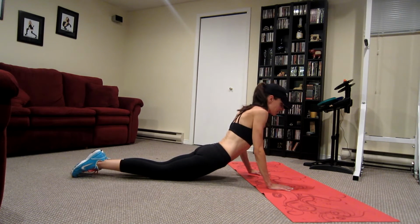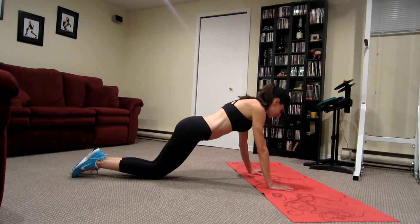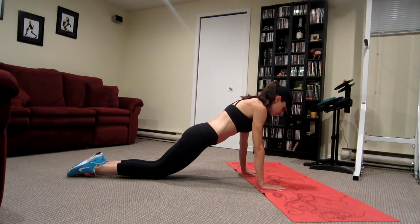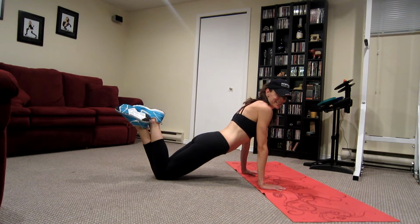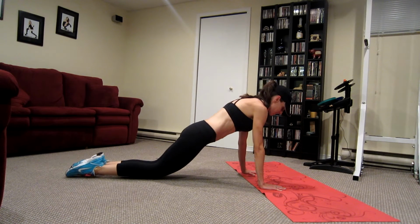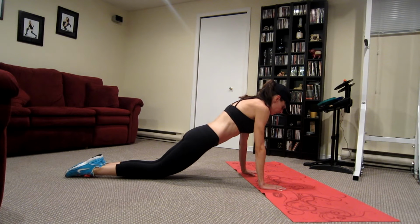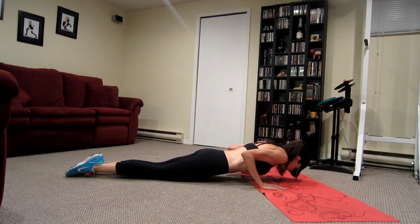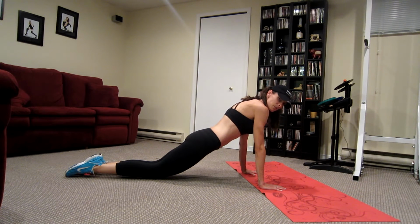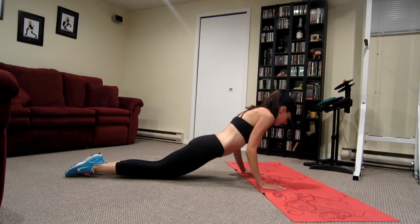And you don't want to drop your hips like this or butt up in the air like this. And important to keep your hands underneath your shoulders. I know we all used to do push-ups in gym class with our feet crossed up in the air like this, but to really engage your core, it's better to keep your feet down on the ground. So you're going to lower your chest down to the ground and then push back up, down, all the way down, and up. Your thighs will even touch the ground as you go down,